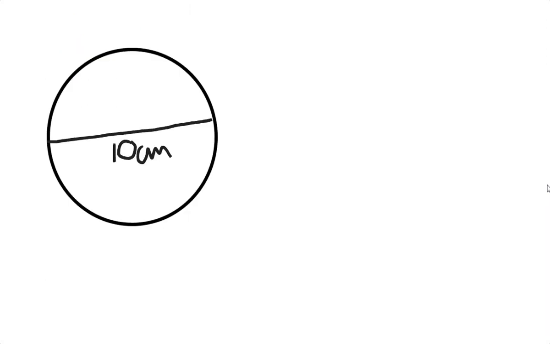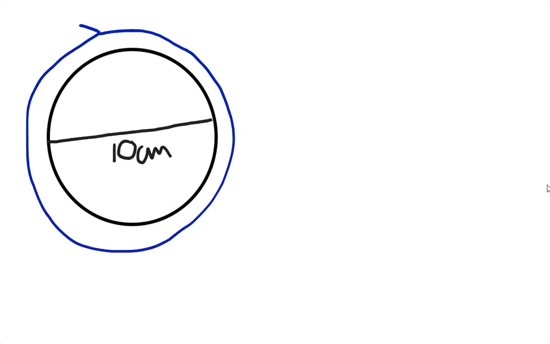Now here we are, we have a circle. This is going to be the example, and in this one I'm going to work out the circumference, which if you remember from last lesson is the distance all the way around the outside. Now for this, all we need to know is that cherry pies are delicious, which obviously C is for the circumference,